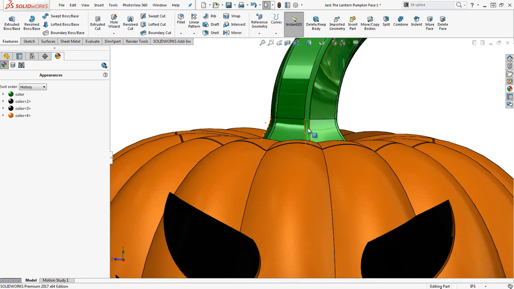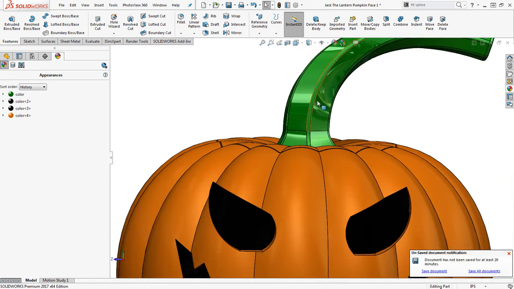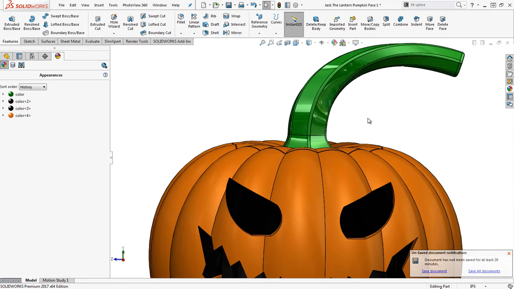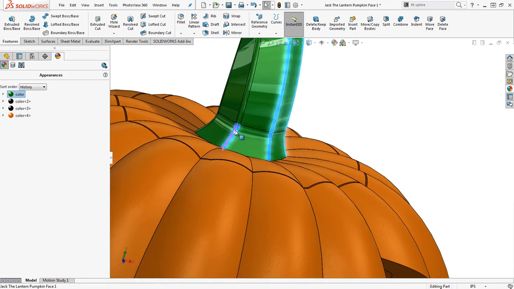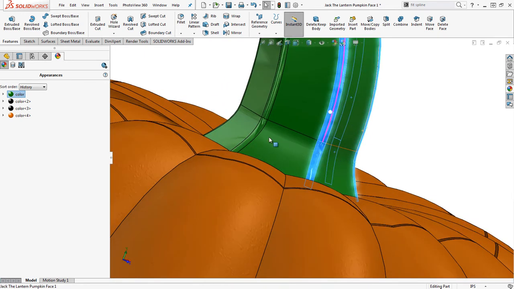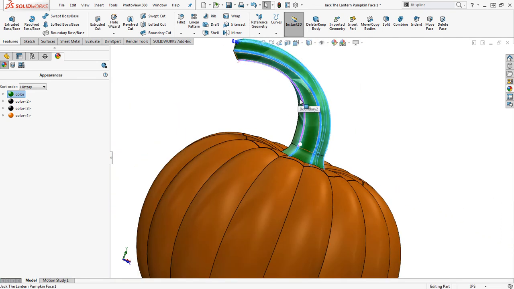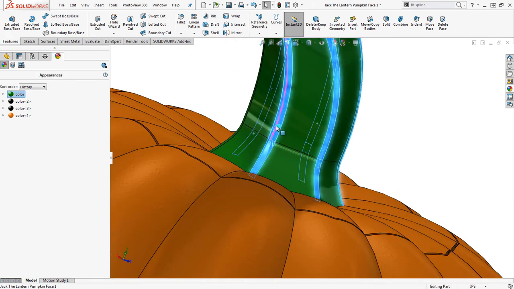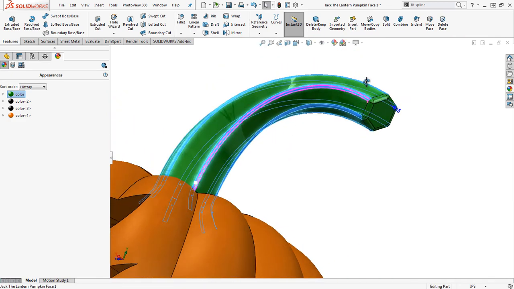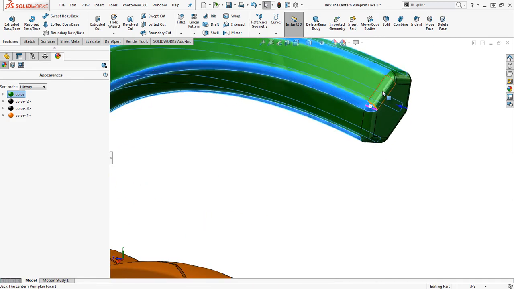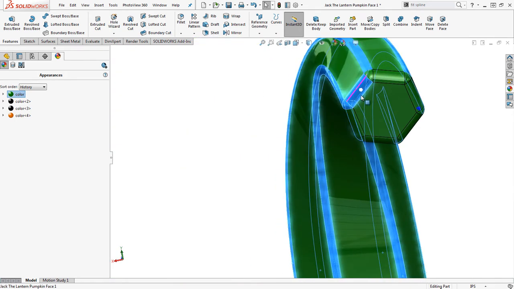Now for the stem, what I did was I actually selected out all of these fillets and changed the color for the fillets. So if I control click these and go around and choose these, I can set a different appearance for these faces. And the reason for this is a lot of times you'll look at a pumpkin stem and it looks more wooden in certain areas and green in other areas. The green's also speckled a bit, but that's a little bit harder to get in SolidWorks. So we'll just select out